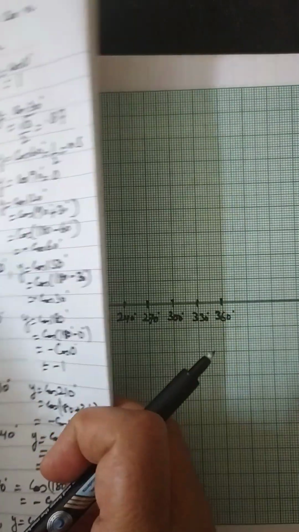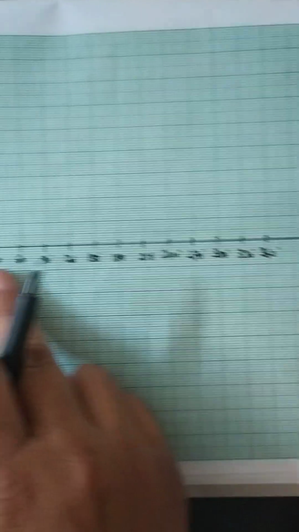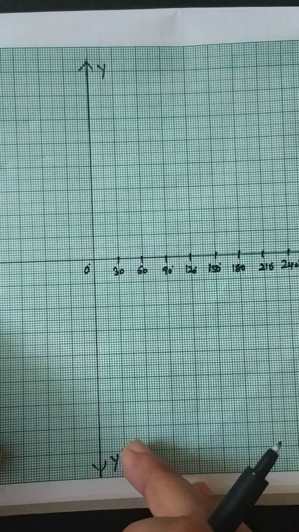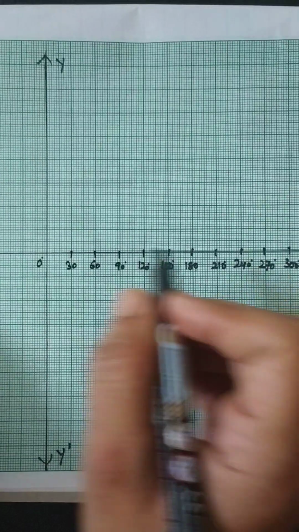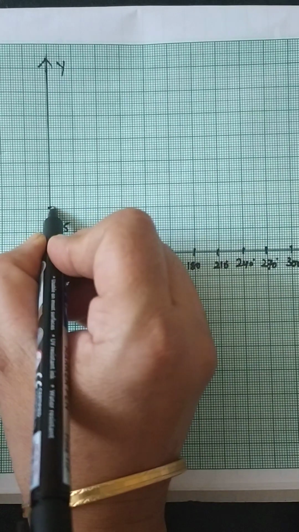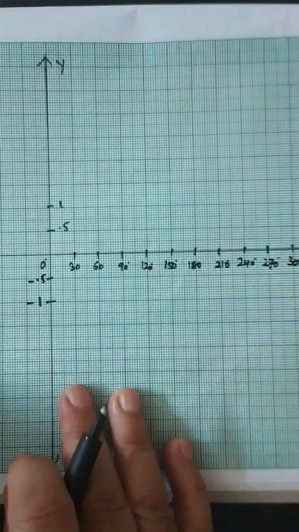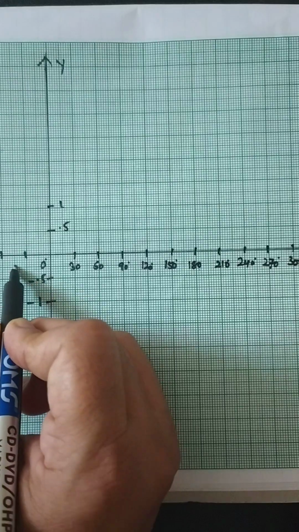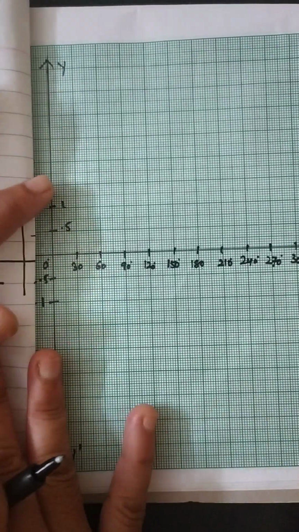Now we have here the x dash and x, the horizontal, and y dash vertical axis, and this is 0 degree. Here I have the negative angles, here I take the positive, and let me take this as 0.5 and this 1, minus 0.5, minus 1, and here I can take the negative angles. So let us plot the graph for these values.